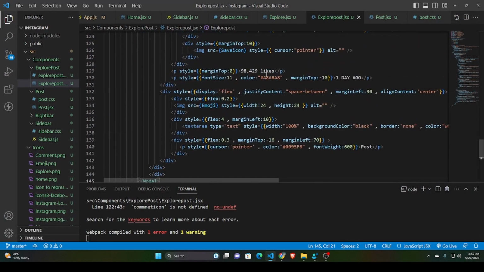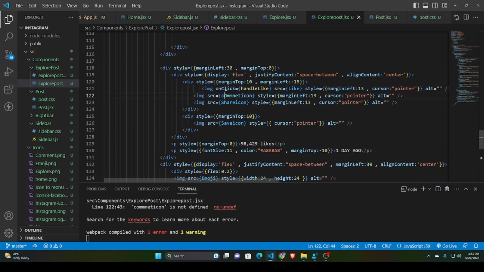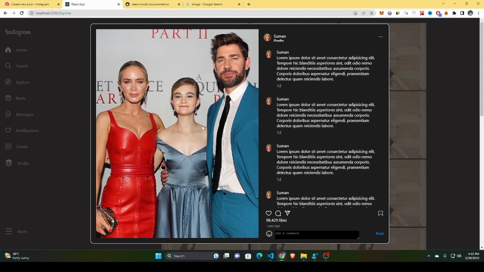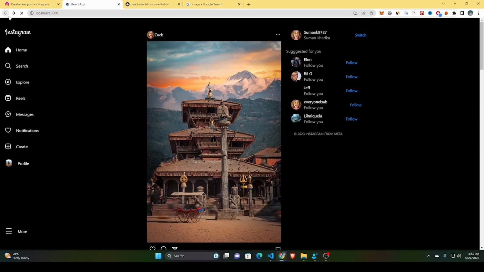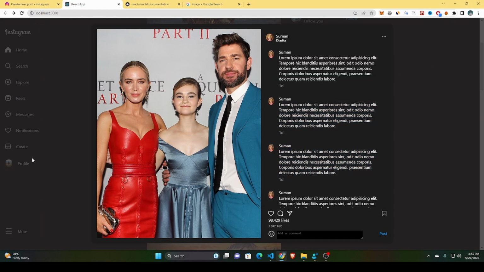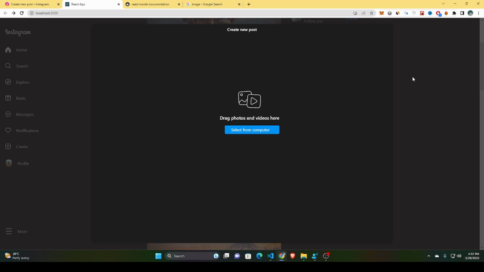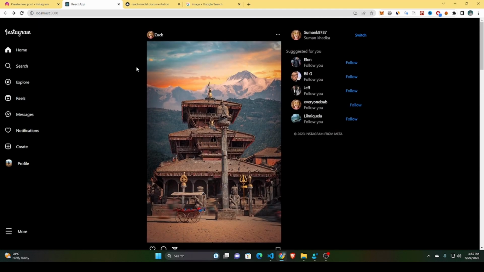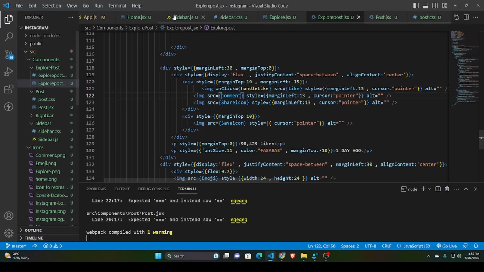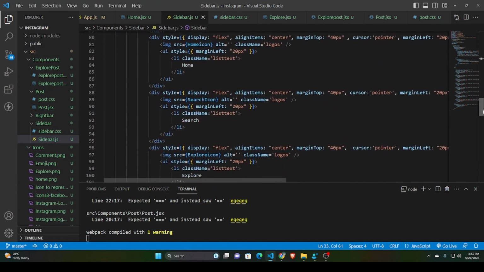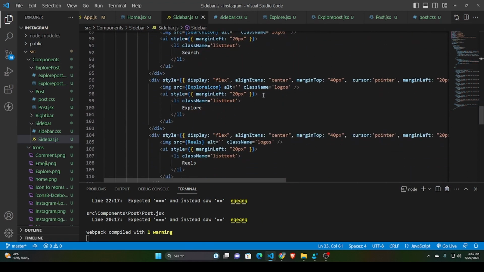So let's find the icon here. Yeah, so let's write a comment. Yeah, so that's it. If I click this, yeah, so cool now. Still, if I click this, we got this. Yeah, so now let's go back in our sidebar, and in our Explorer,